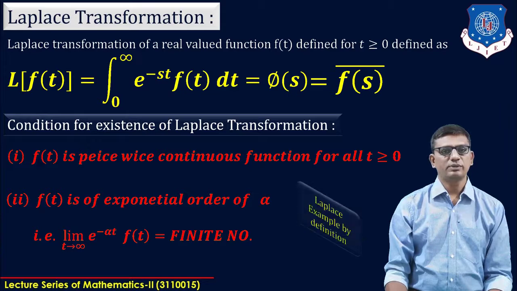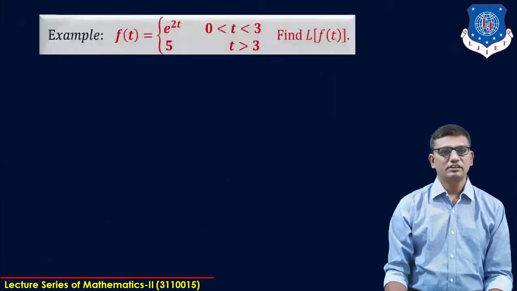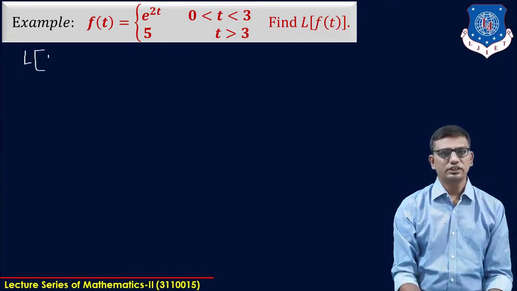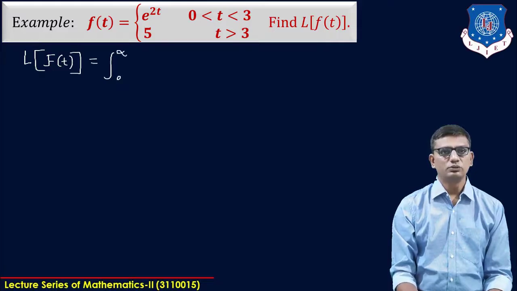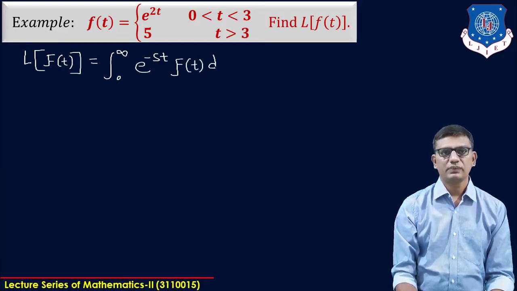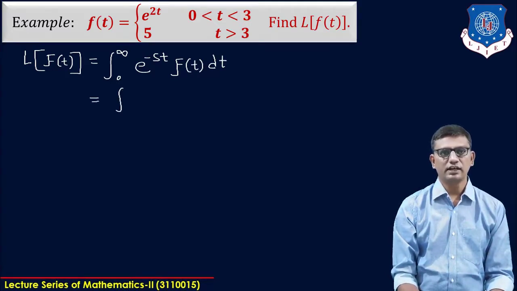Now we will discuss some examples related to the definition. Here our example is f(t) equals e raised to 2t for 0 less than t less than 3, and 5 for t greater than 3. Now we will find the Laplace of this function f(t). Our definition is Laplace of f(t) equals integration 0 to infinity e raised to minus st f(t) dt. Now our function f(t) is divided into two parts, so we can write it like this: integration 0 to 3